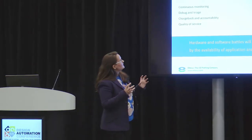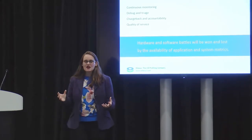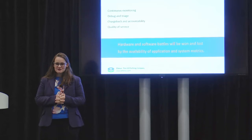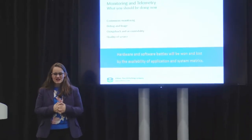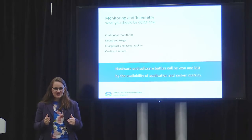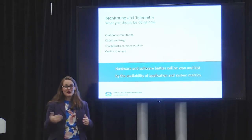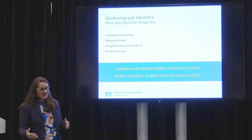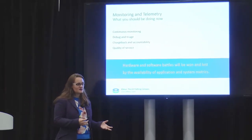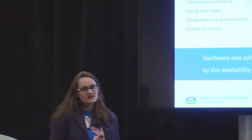So in terms of monitoring and telemetry, obviously it's a balance. We've actually been contacted by a few customers and refused to do a project recently because the amount of analytics they wanted to collect far exceeded, in our opinion, the amount of data they were generating just for their actual applications, and there was no way they could handle that amount of data. So you've got to be sensible about what you collect, and there is an art to it, but you do need to monitor